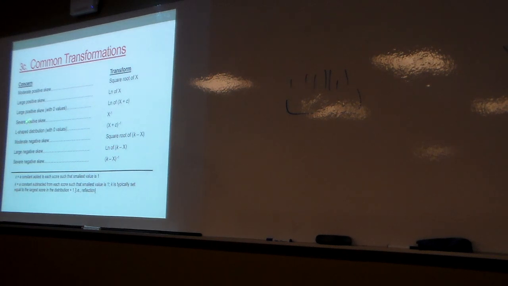If you try, and this will happen, you'll try to log transform something, but you'll have 0 values, and then you come up with a bunch of missing data in there. It's just because it can't perform a calculation. You can't take the log of 0. Sort of like dividing by 0. You can't do that. Got it? Yeah.